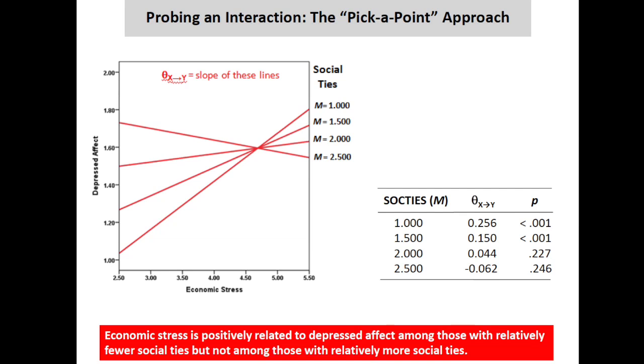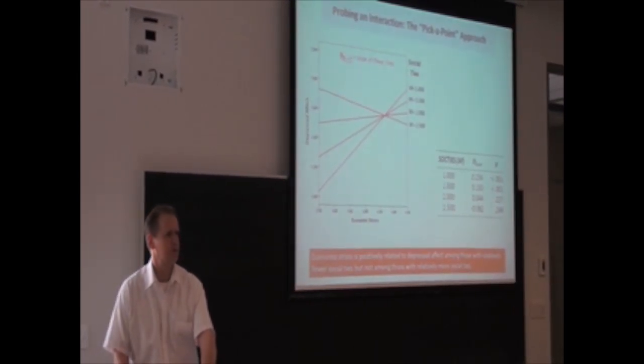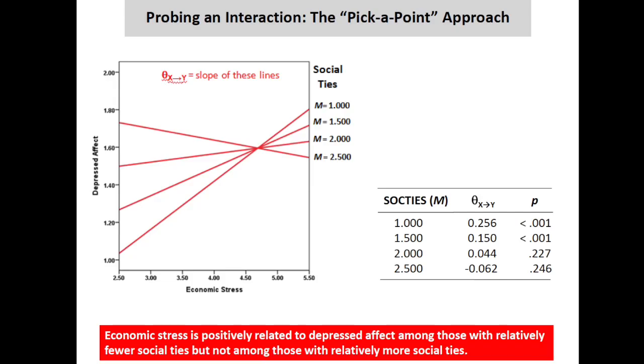So what it looks like is for those who are pretty low in social ties, arbitrarily 1 and 1.5, the relationship between stress and depression is positive. Statistically, it's different from 0, but above, for those other values I chose, 2, 2.5, the relationship is not different from 0. Of course, the problem with this, though, is how do you choose m? Right? I mean, what do we use to guide our decision? How do you know which values of m you choose? And certainly, the value of m you choose is going to influence the result that you get.